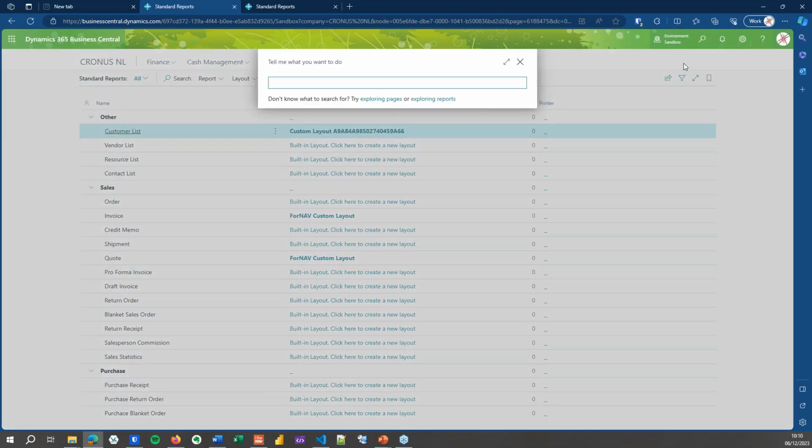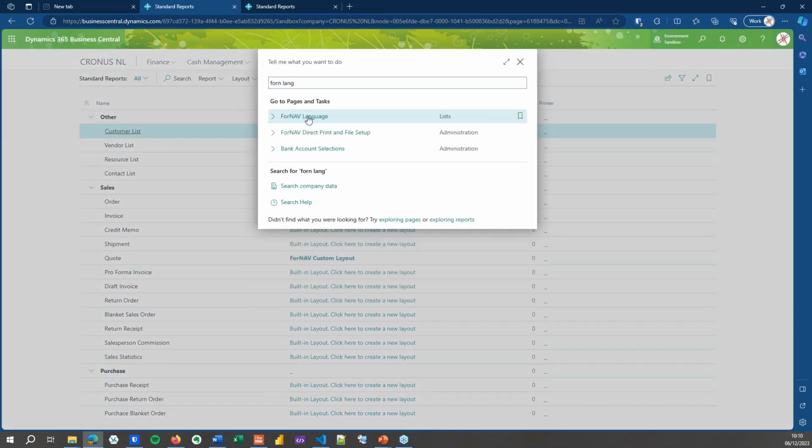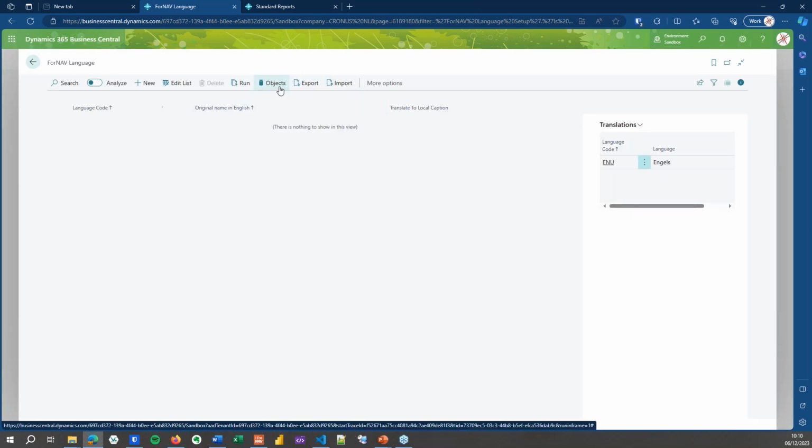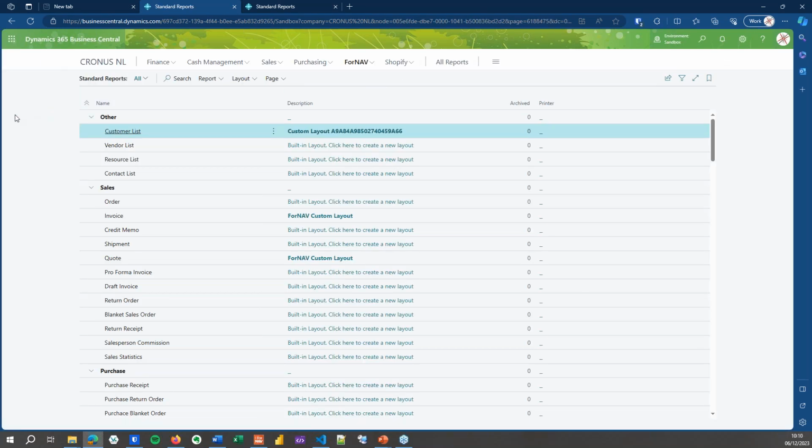Everything else is there. We haven't seen the ForNAV language yet, so let's have a look at that. In the objects, we have the two entries that we have in the other database as well. So that's everything that is stored in the Business Central database. Now, finally,